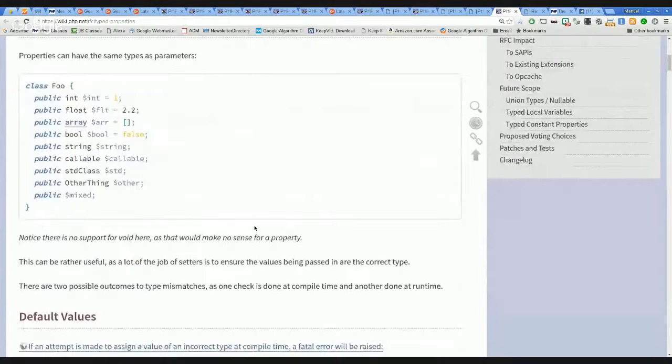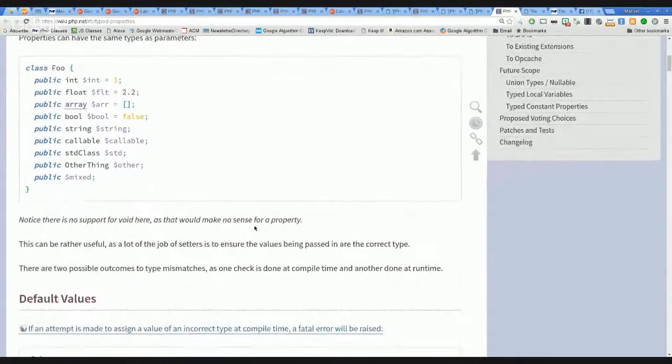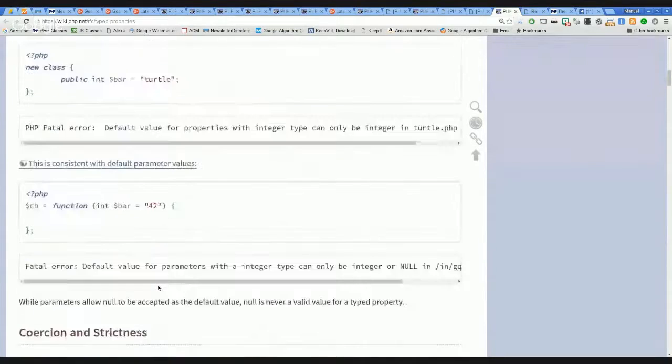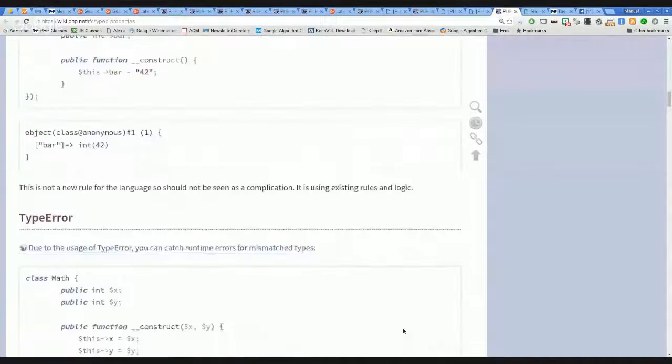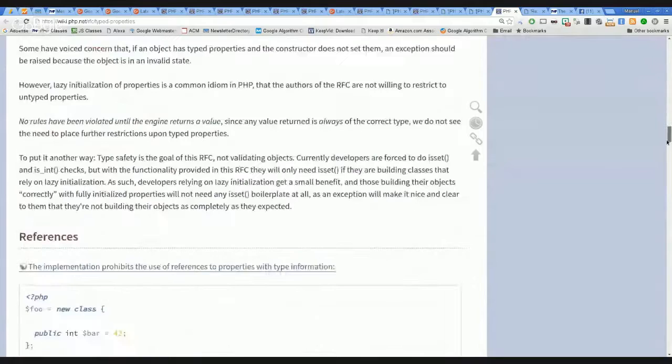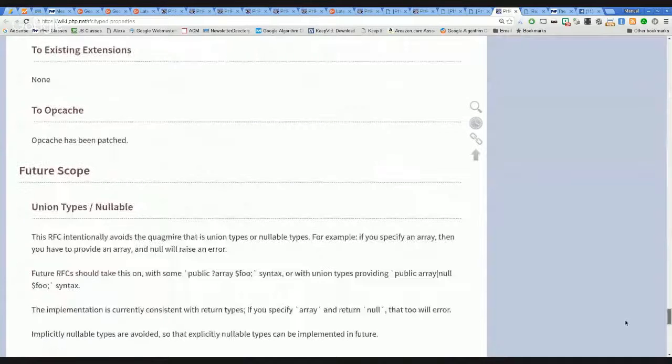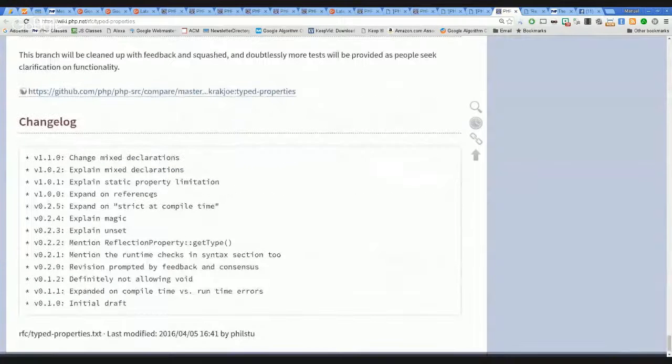So basically, here is the proposal again, and I was trying to figure out what the improvements were. Usually these are described at the bottom. So this is the history of changes.